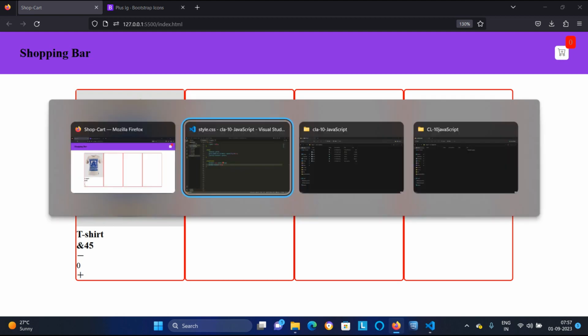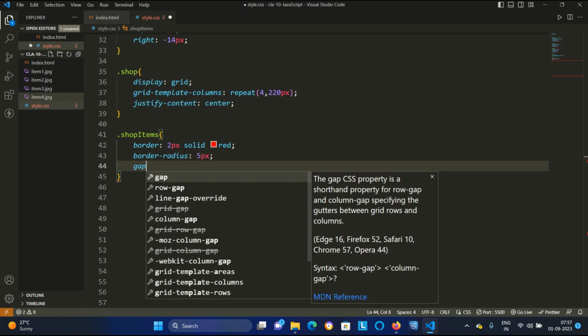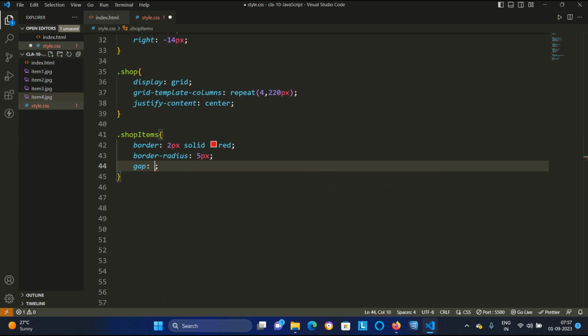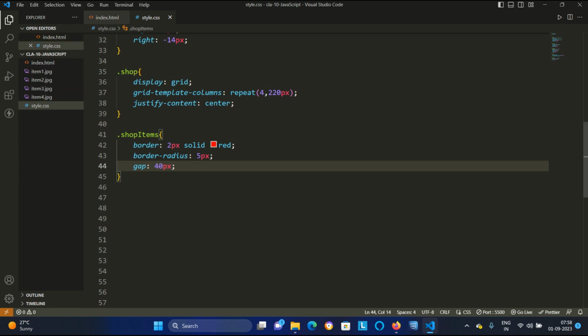Okay, and I will say to the SOP item, take a gap of 20 pixel. Say to it this 40 pixel. Control S, take a gap of 40 pixel. It's not coming. I think I should say its gap to this. No, not to the swap items.